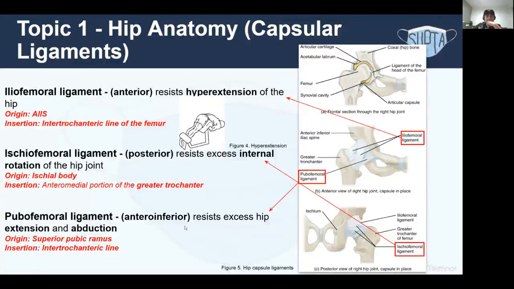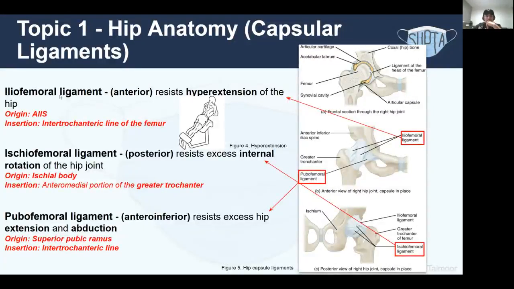Now, pubofemoral is anterior-inferior, resisting hip extension and abduction. So superior pubic ramus. If we look at it right here, that's the pubic ramus, right? That we mentioned earlier. So the superior pubic ramus, and then inserting onto the same intertrochanteric line, but this time a bit more inferior. So just remember that the iliofemoral and pubofemoral share a common insertion, but all their origins are different. But you can sort of remember what they are based off of what the name of the ligament